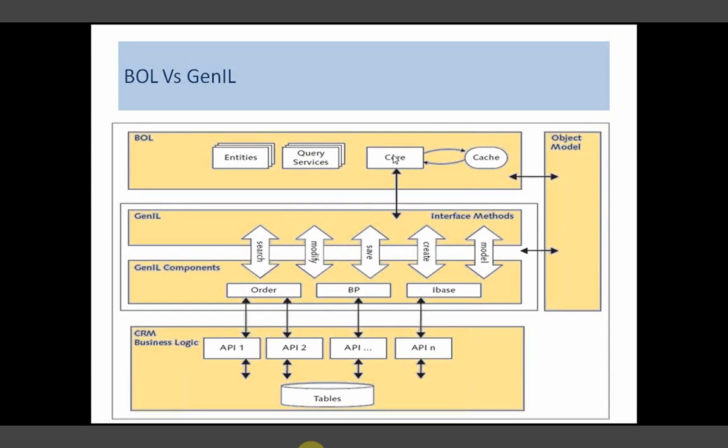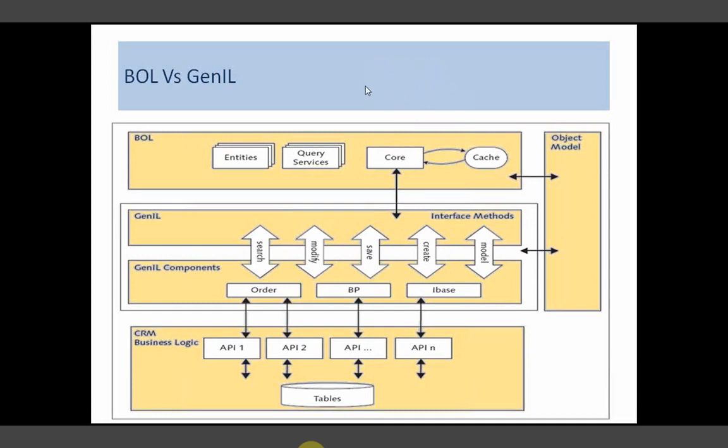Then the core, with the help of the entity, will get the data from an object model where the data is already embedded, and after that the core will again intimate the model, the upper layer.